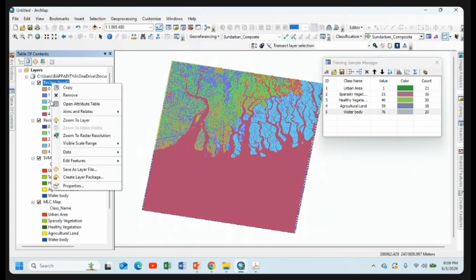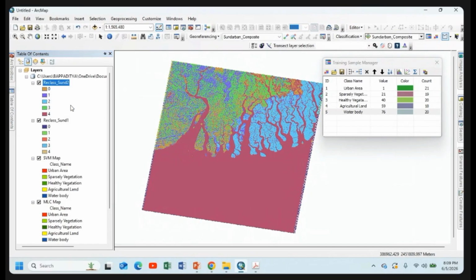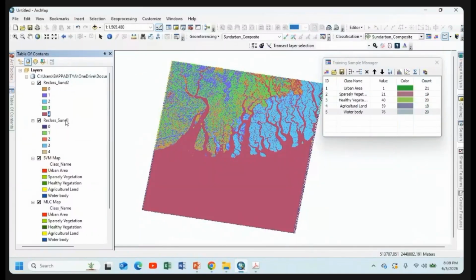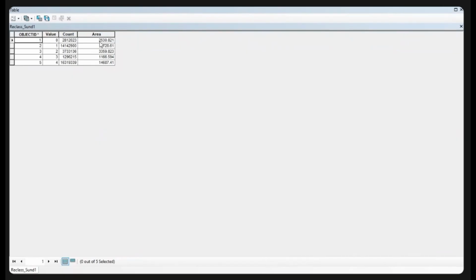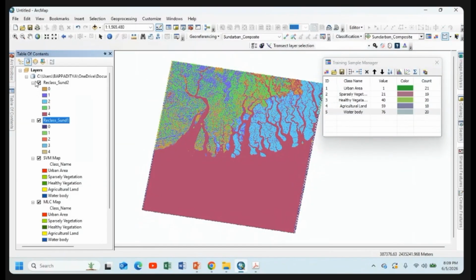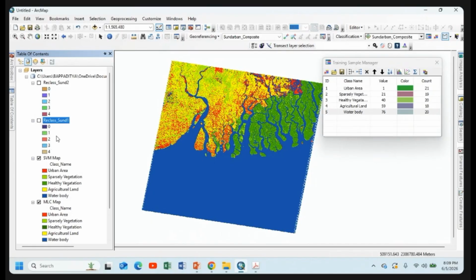And now we can check the changed area from the attribute table. This is the area for each feature. Okay, for one, it has been observed 2465.532. Please note when you go to the MLC, you can see the difference. See, this is 2530.821. The specified areas are different from one another, but the feature class is the same and the training samples are the same. For analysis of SVM, for clear identification, we observed the changes.